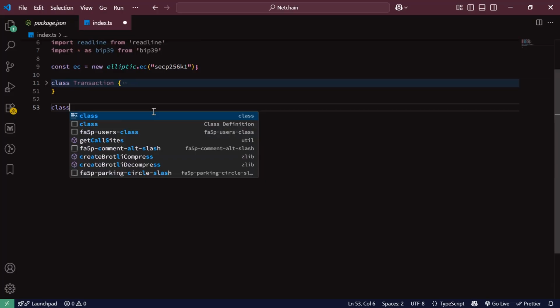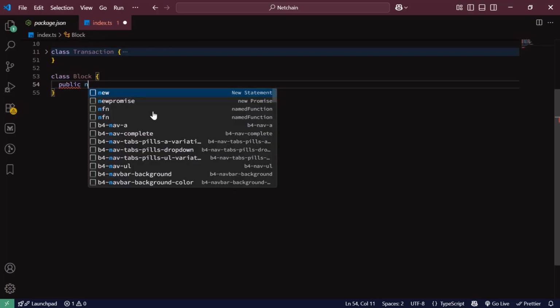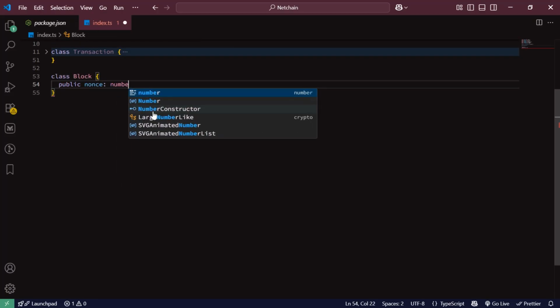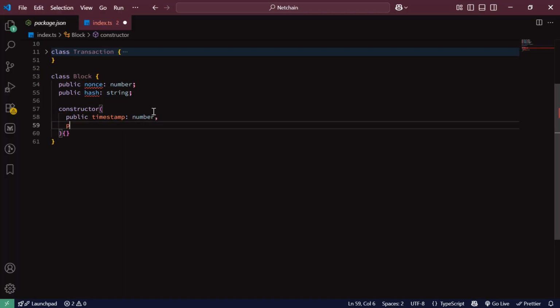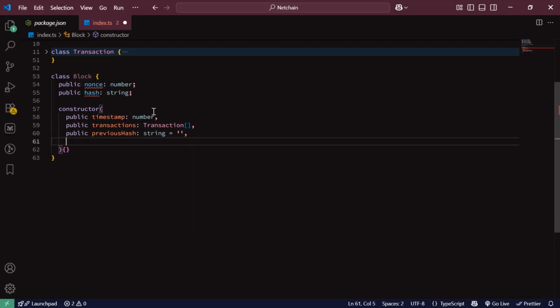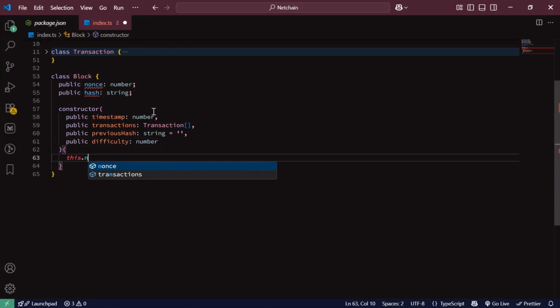I will create a new class Block. I will declare a public nonce property which is a number, and a public hash property which is a string. Then I will add a constructor function, and I will declare a public timestamp property which is a number. I will declare a public transactions property which is an array of transactions. I will declare a public previousHash property which is a string. I will declare a public difficulty property which is a number, and